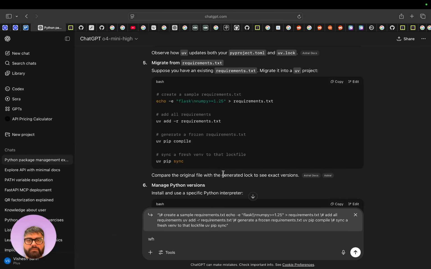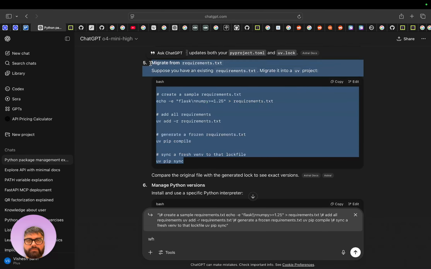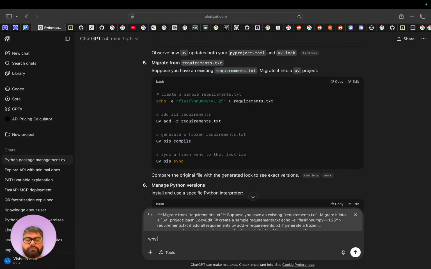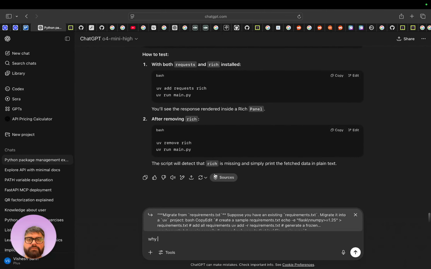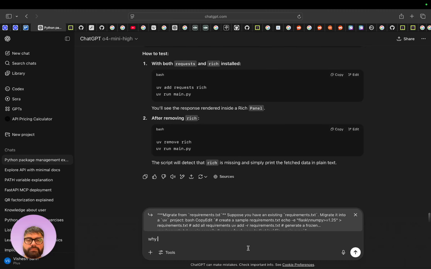Let's try and ask ChatGPT itself. Who knows? Did I already ask this question? Oh no, it's the last. Why do I run pip compile after add, when adding already updates uv.lock?